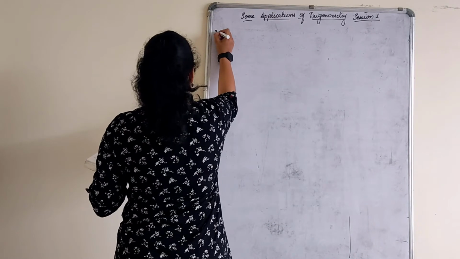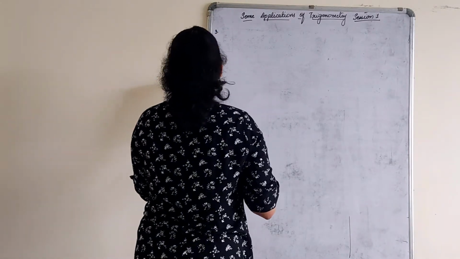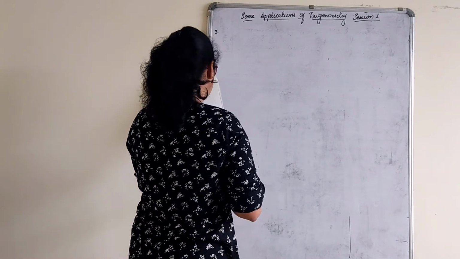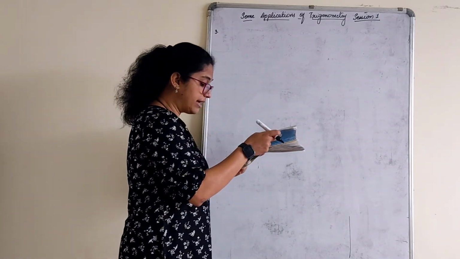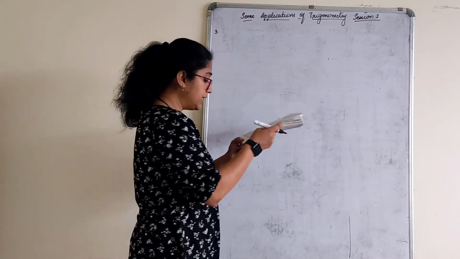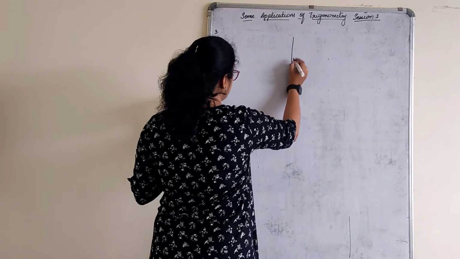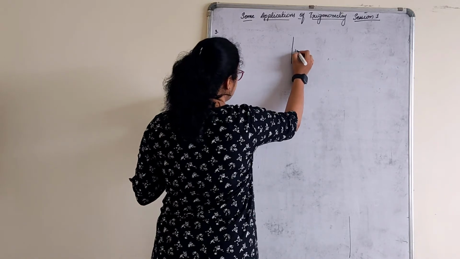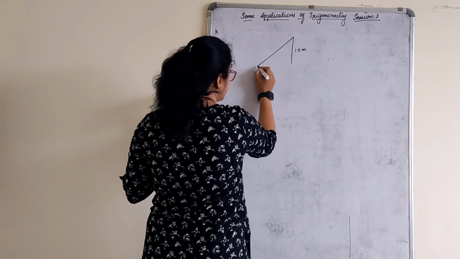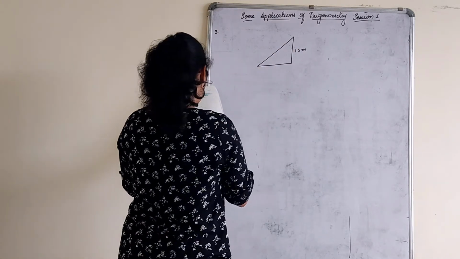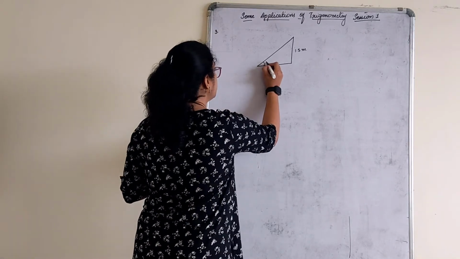Third one. A contractor plans to install 2 slides for children to play in a park. For children below the age of 5 years, she prefers to have a slide whose top is at the height of, so there are 2 slides according to them, whose top is at the height of, this is the top of the slide. See, this is the slide, okay, and inclined at an angle of 30 degree to the ground.